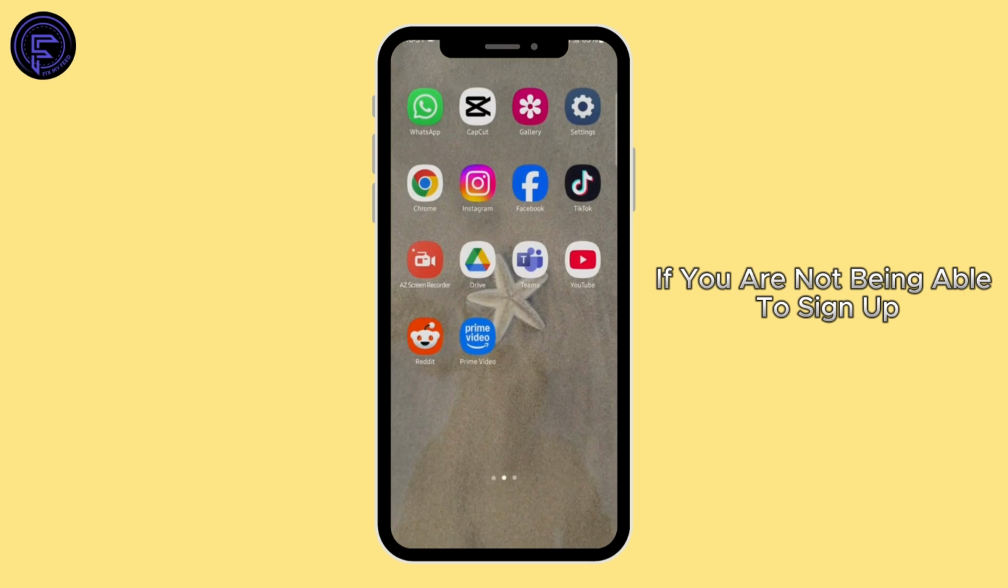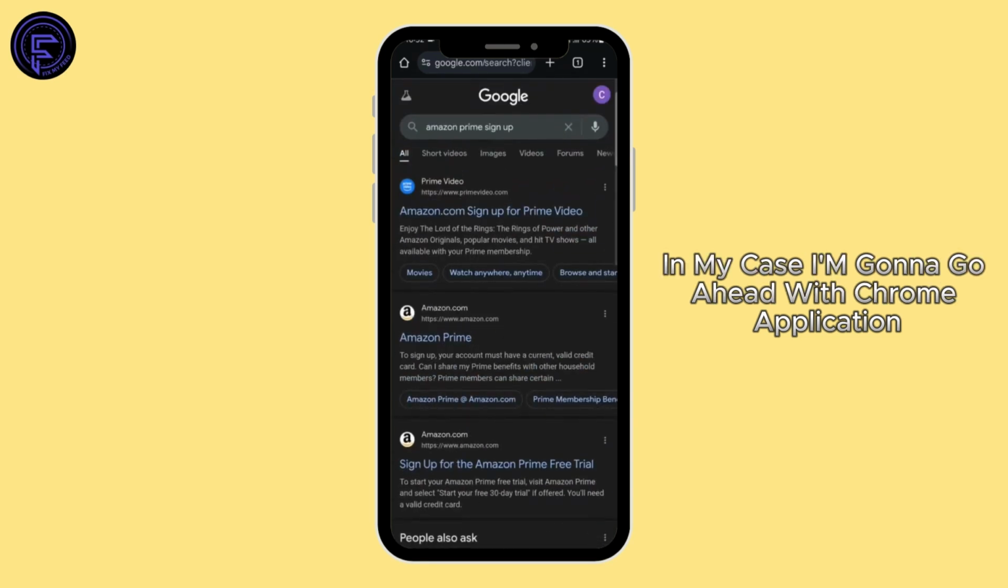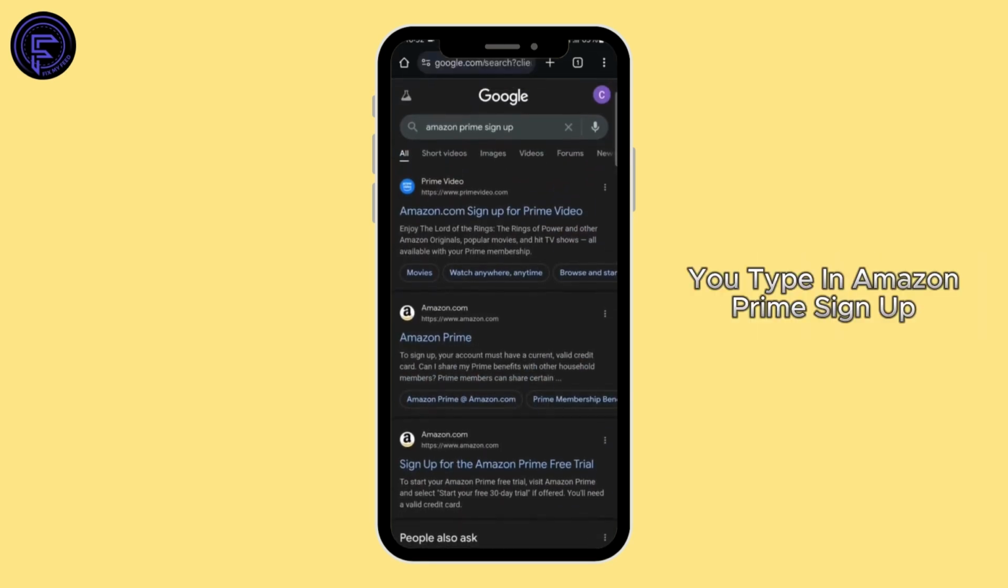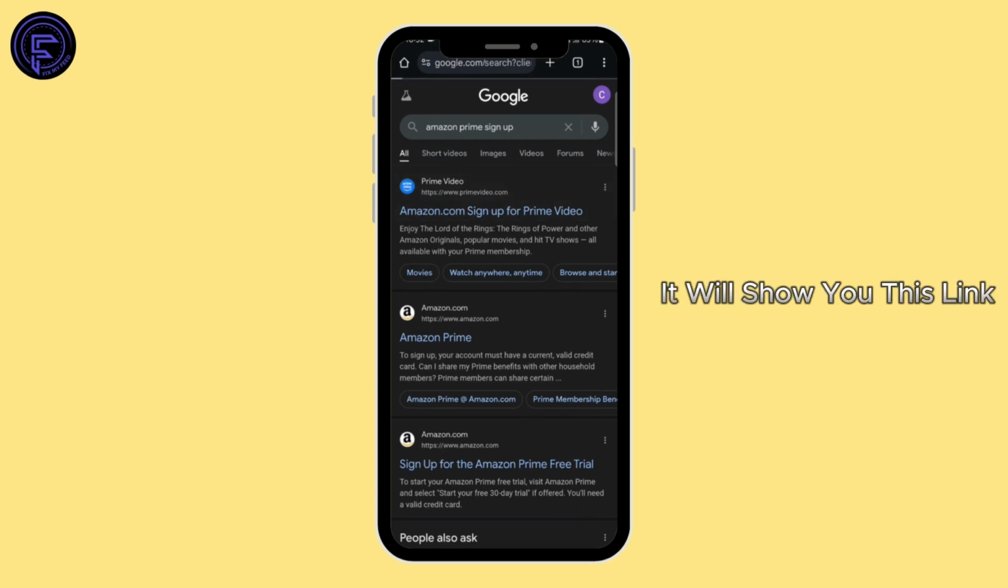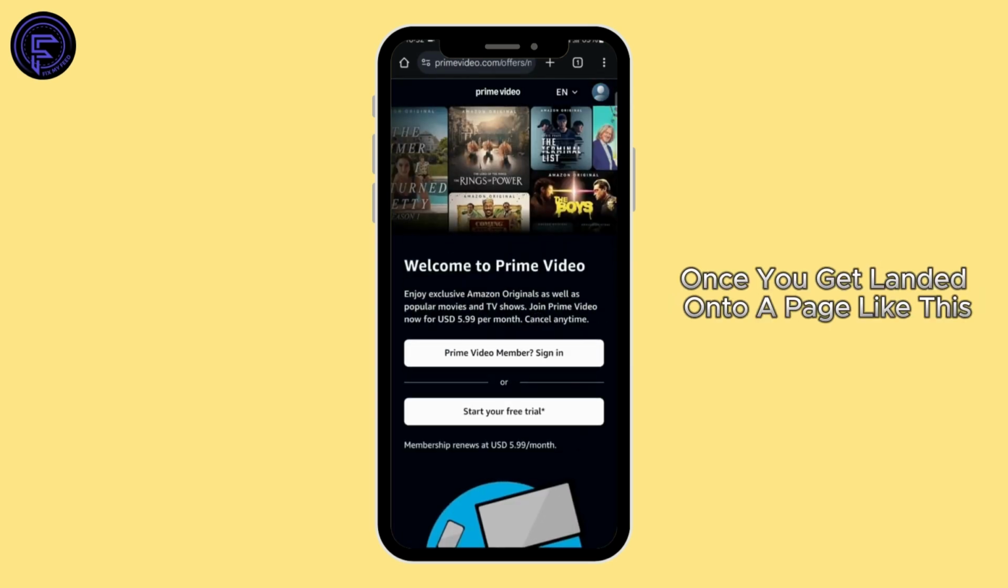If you are not being able to sign up, then you can also use your web browser. Open any of your preferred web application. In my case, I'm going to go ahead with Chrome application. Here type in Amazon Prime sign up. It will show you this link. Click onto it. Once you get landed onto a page like this, tap on start your free